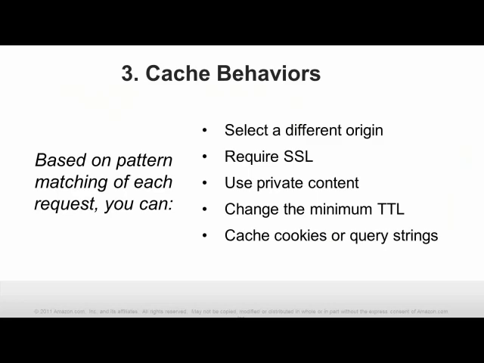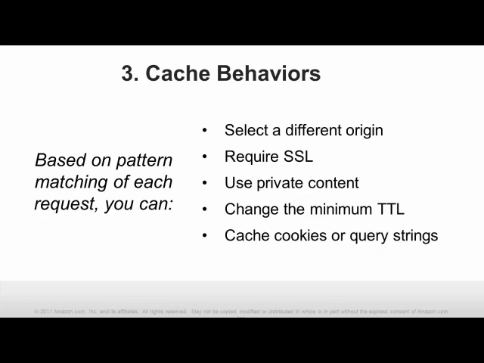Cache behaviors. Cache behaviors tell you which origin you want to use and a variety of other settings like SSL, private content, the minimum TTL, and the use of queries and cookies. Cache cookies or query strings that we should use based on a request pattern. So for each request that we get, we are going to look at the request and match it against patterns that you specify. So some customers will say anything that's in a static star path I want to treat as